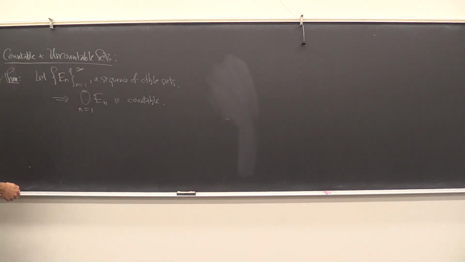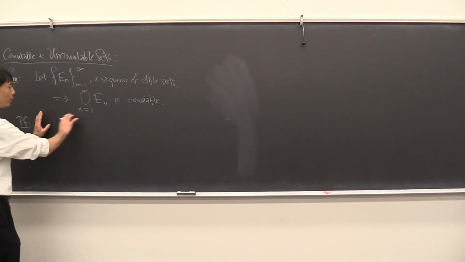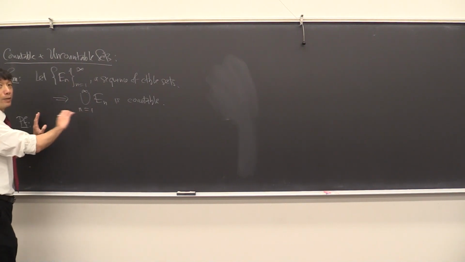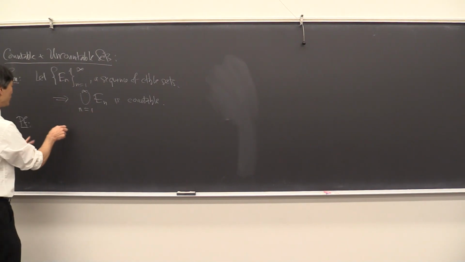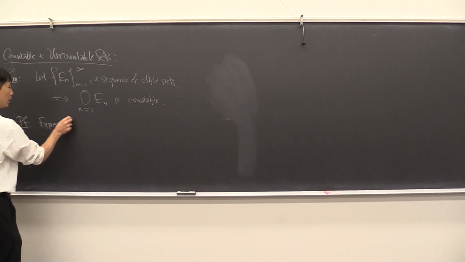So, does anybody know how to prove this? Anybody remember? Presumably you've read it. Anybody have an idea of how you do it? Is this the infinite array? Yeah. This is the one where you say, well, look, being countable means that each one can be expressed as a list, as a sequence. So express each E sub n